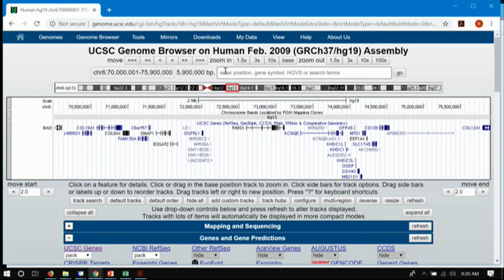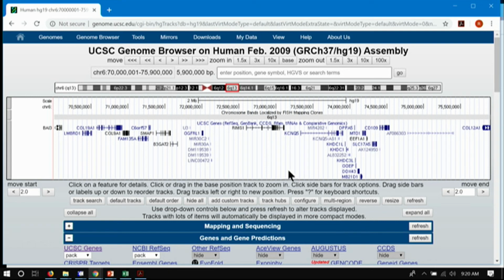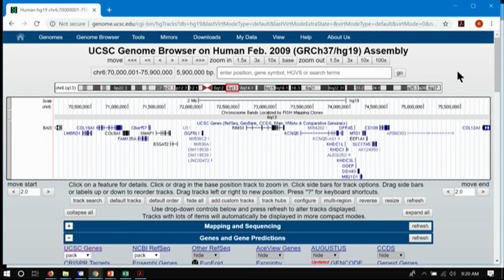Once you're here, though, you might want to print out something like that. There's a number of different ways you can share this information. You can right-click it and just view the image itself. That's a PNG image, so you could copy-paste that into a slide or something like that. But if you wanted to put it into a publication, it would be fuzzy, it's only 96 dots per inch, so you wouldn't necessarily get Nature or Science resolution